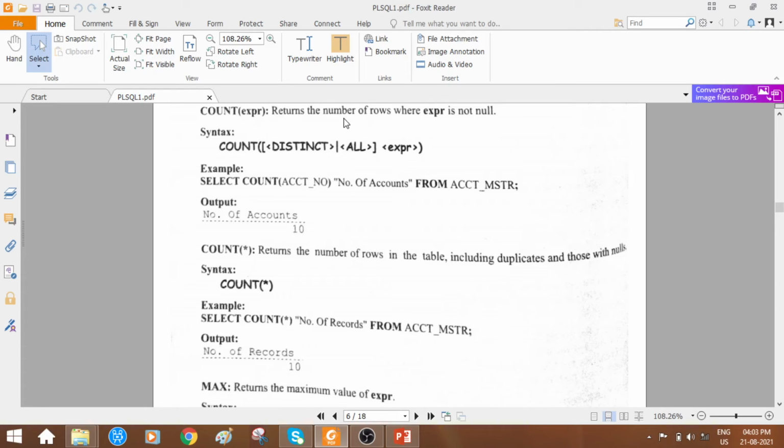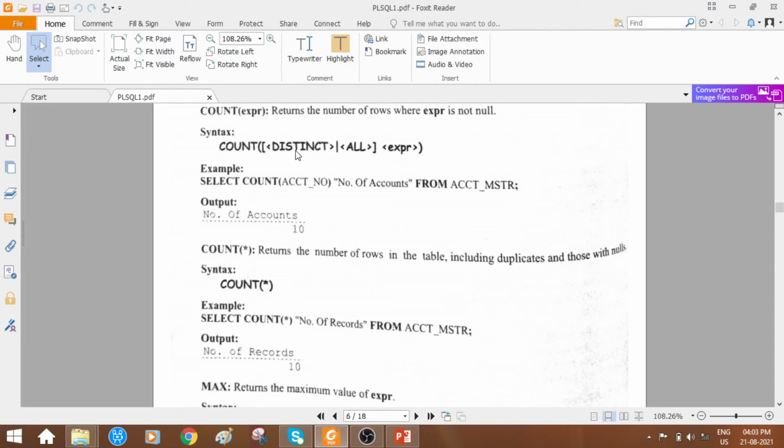It is going to give you the number of rows present in a particular column. Okay, just observe the syntax. Count distinct all expr. This is the general syntax we find. That is count within parenthesis, distinct or all.